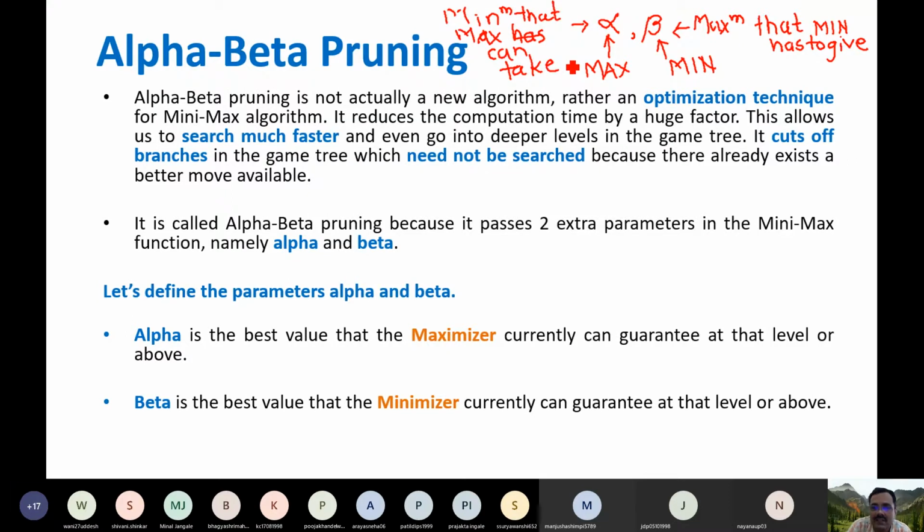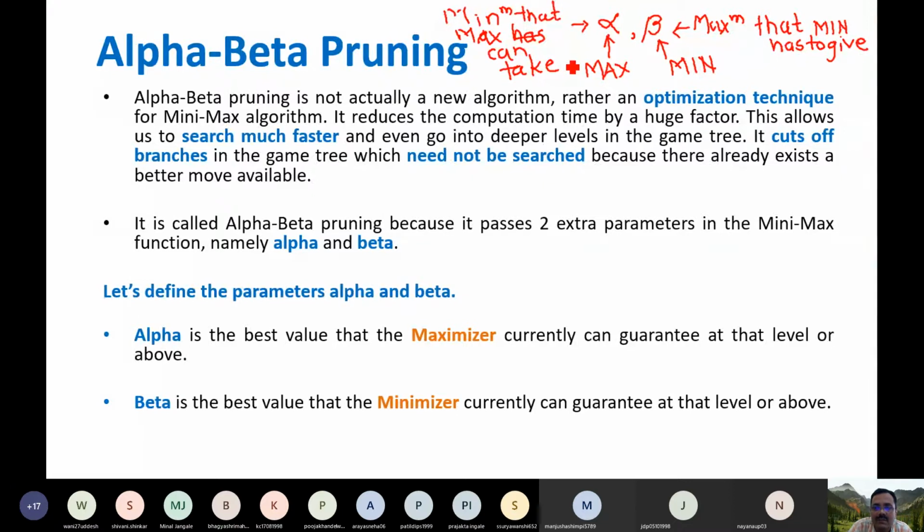Since alpha is associated with the maximizer, it defines the minimum value in the worst case that the maximizer has to take, if I am a max player.